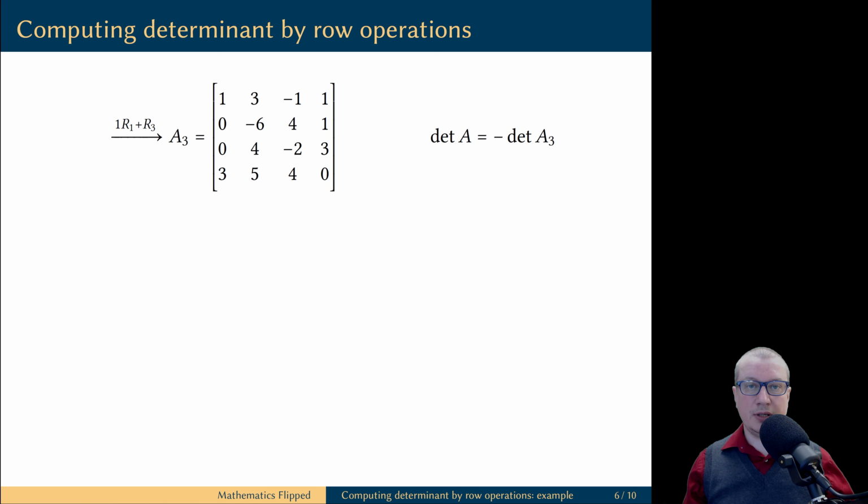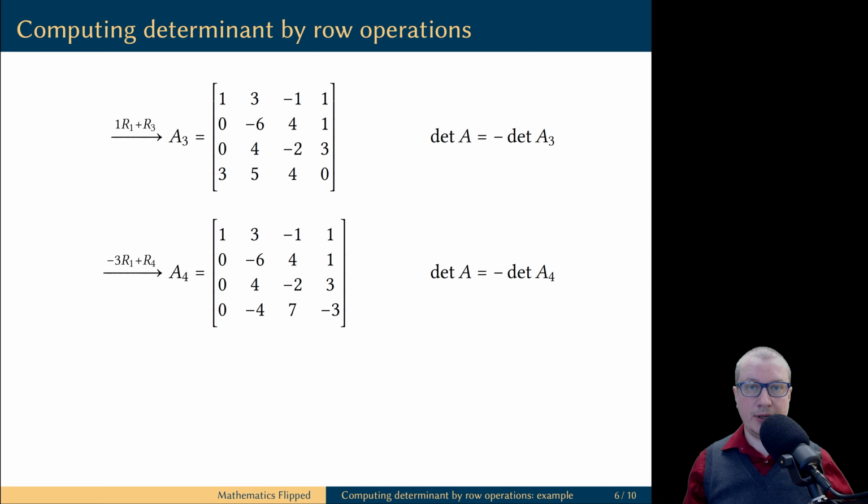The next step is to multiply row 1 by -3 and add the result to row 3. We get matrix A4, and the determinant did not change. We have produced zeros below the leading one in row 1, and the next part of the Gaussian elimination algorithm says forget about the top row, work with the submatrix that remains. We locate the leftmost non-zero column, which in this case is column number 2, and we need to produce the entry of 1 at the top of this column.